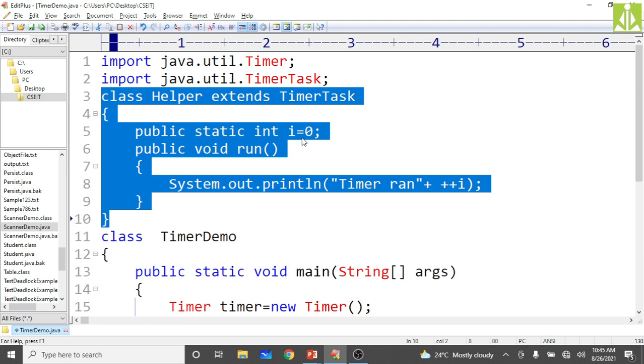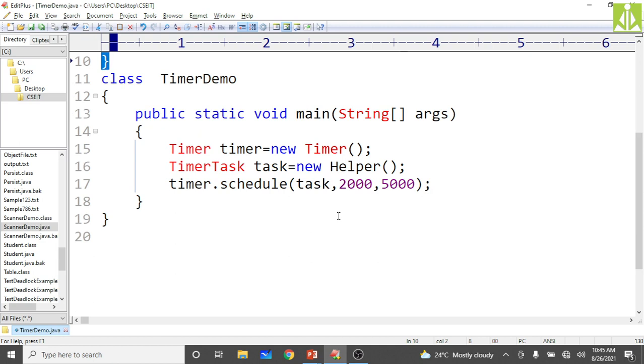We have one static variable, and we change it inside the run method. Inside the TimerDemo, we create the instance of both the Timer class and the task. That task we schedule using the schedule method, providing two parameters, the initial time and the period.